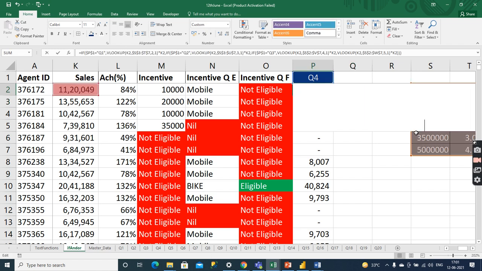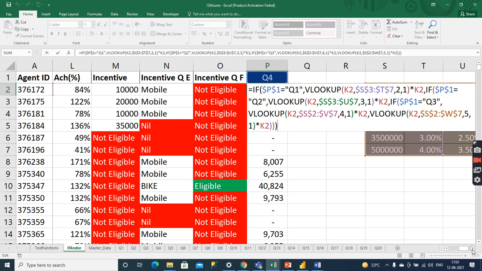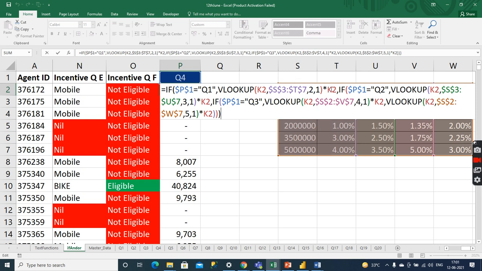That's why I multiplied by K2. Whatever multiplier factor result I am getting, I am multiplying that with the sales value. Basically, whatever percentage we are searching with the VLOOKUP, we multiply that with the sales value to arrive at that number, because the business need is like that.